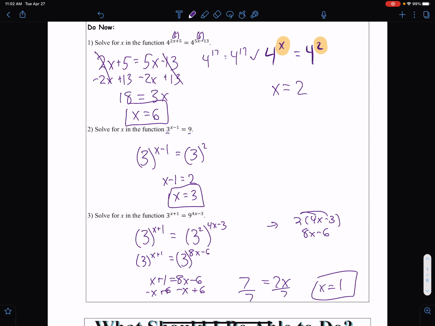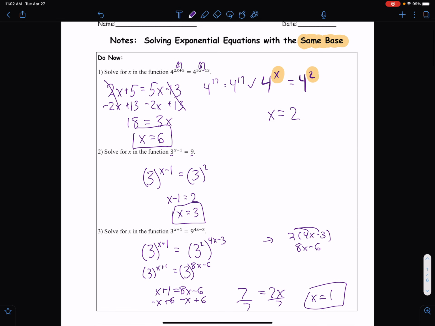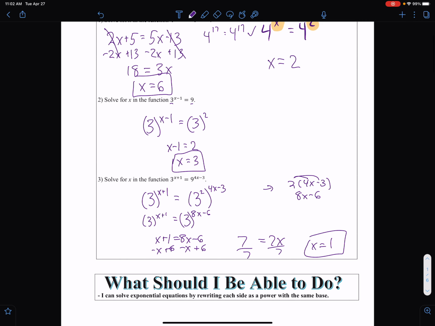So the key of today is making sure we can have the same base on either side. And once you have the same base, make sure the exponents are simplified all the way, and you just set the exponents equal to each other. So that is pretty much all we're doing today. So what should I be able to do by the end of the day? I can solve exponential functions, or I should say equations, by rewriting each side as a power with the same